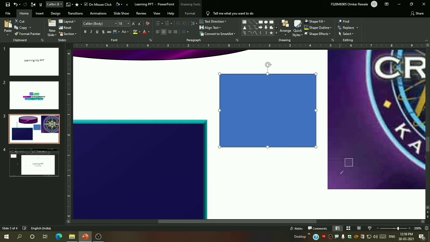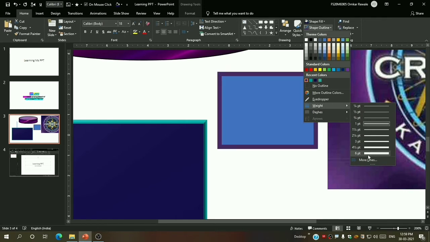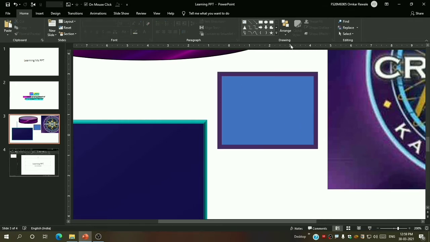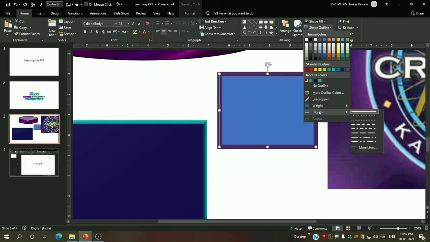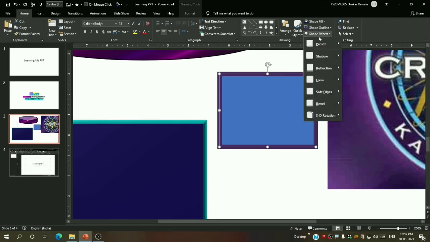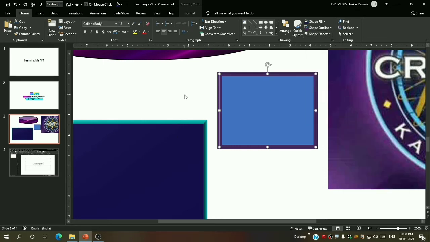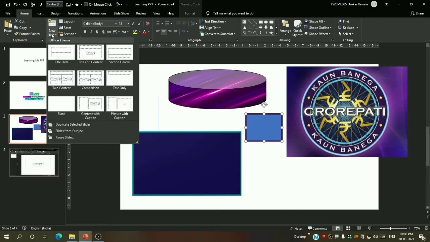It is the same I have shown you. Again take it anywhere and you can see the shape outline. Let me make its thickness more so you can see it. So you can see how the eyedropper works. So basically many options are the same only. So this is similar to shape fill, only these two options are different. Then shape effects, we have discussed that. Now till this much we have seen everything. Now let me include one more slide, a blank slide.